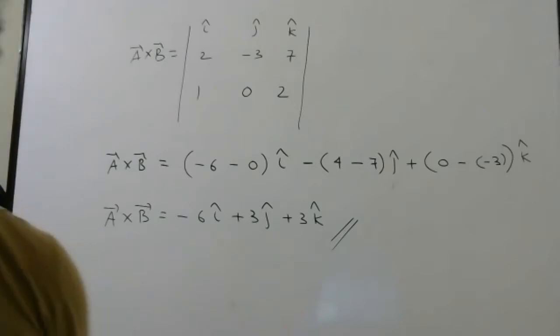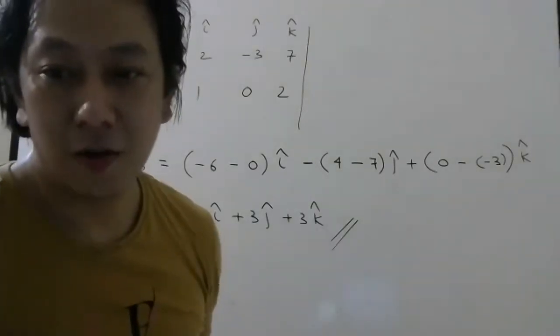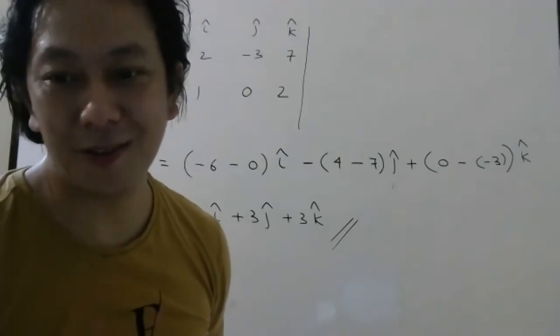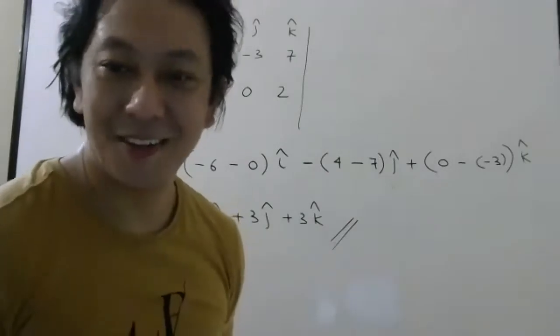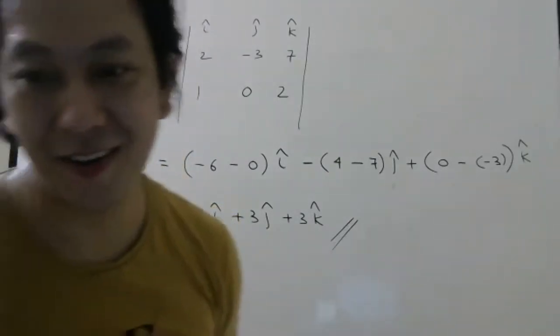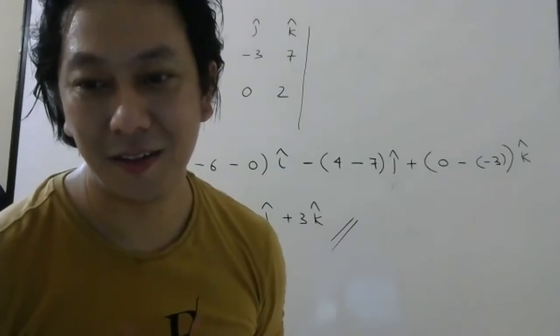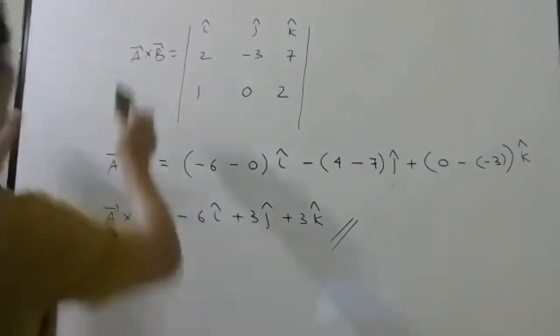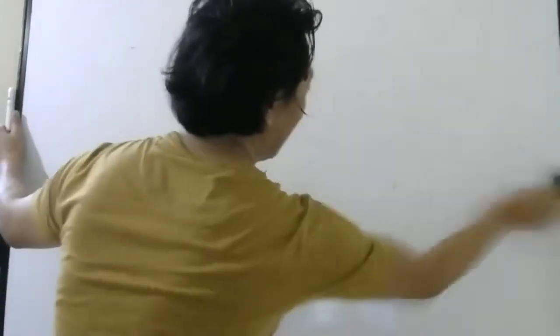So will you try one question yourself now? I want to be sure that everybody understood. Or no need. It will be time pass only. Already you have understood, why do you want to do again and again? So everybody understood or one more? One more, huh? Okay. So this is the last one. We cannot keep doing cross product whole life. You are not giving any answer. Please try.